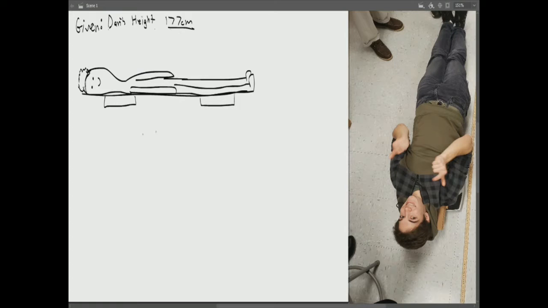Alright, so this here is Dan. Well, that's Dan. That's just me drawing Dan. And essentially, he is on a wooden block, right? That's around his height. And that wooden block is on two weights. Weight one, weight two. And then we calculated that this scale read